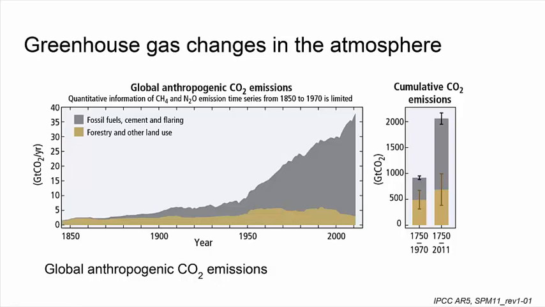One question you might ask is, how do we know that the increase in CO2 in the atmosphere is related to fossil fuel emissions? So you can use this method of isotopes. If you look at the atom of carbon, there are different isotopes of it where you have different numbers of neutrons. So you have C12, which has 12 neutrons, C13, which has 13 neutrons, and C14, which has 14 neutrons.